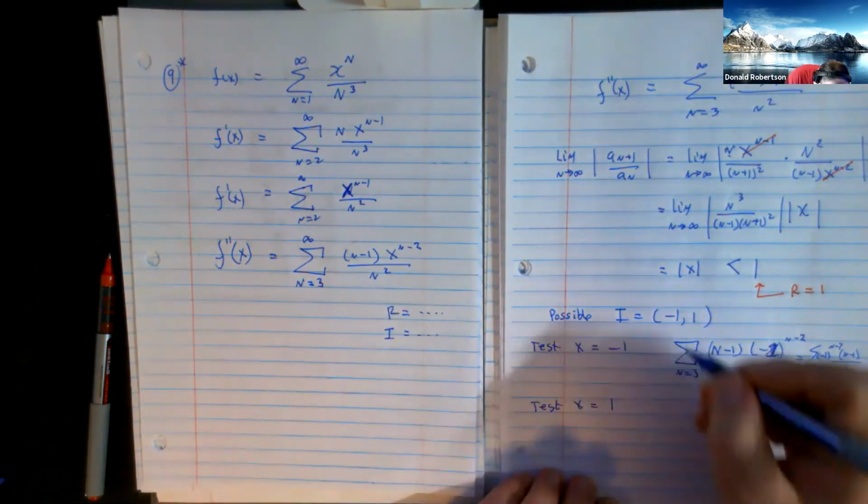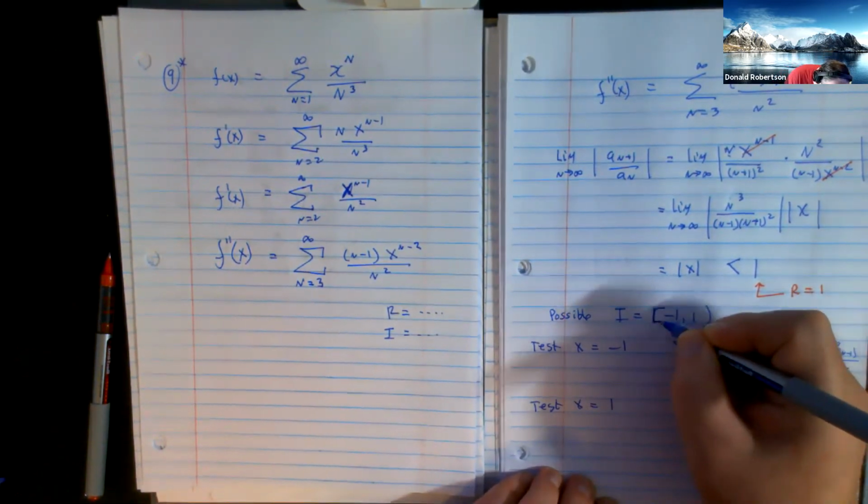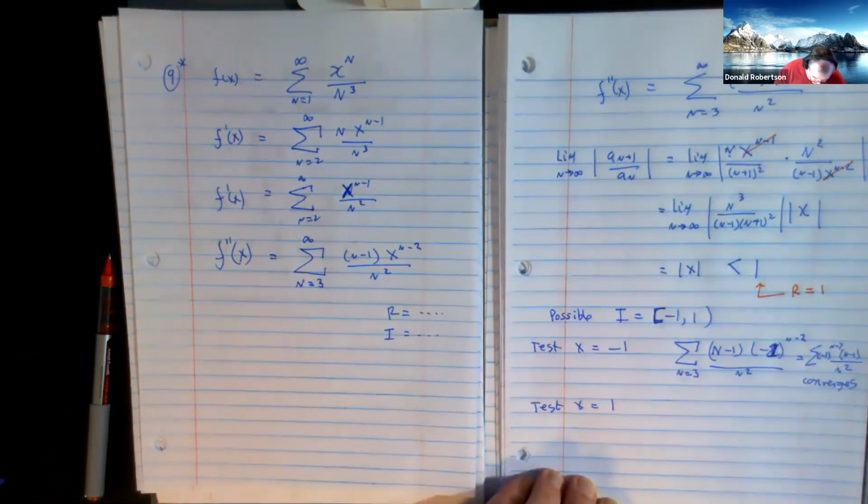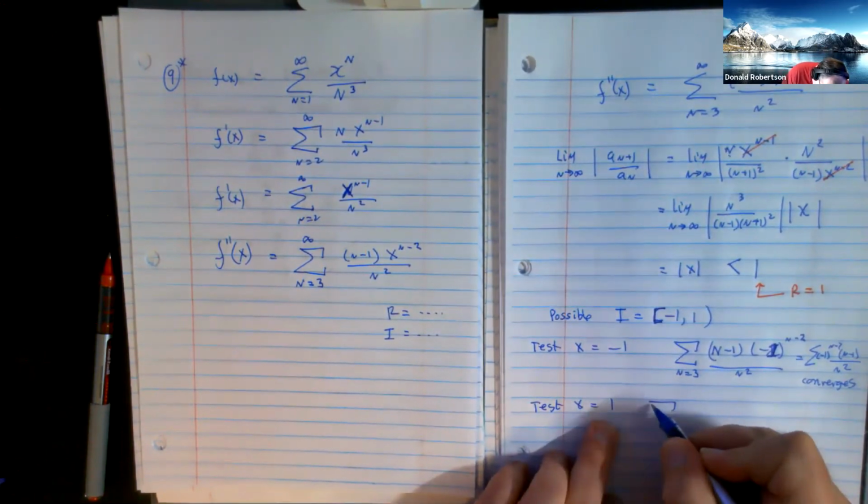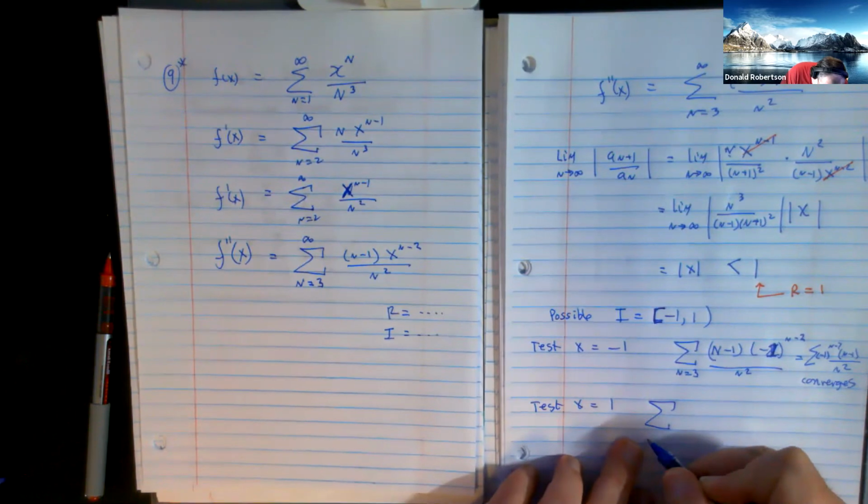Which means you can use -1, so it's now a square bracket. Right, try the second one now. When you make x equals 1,